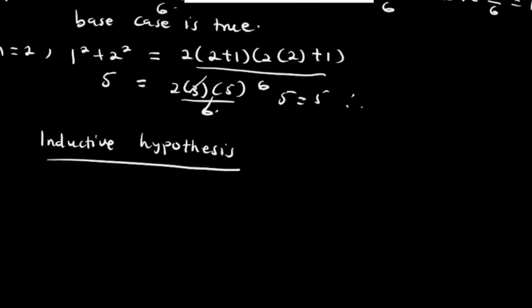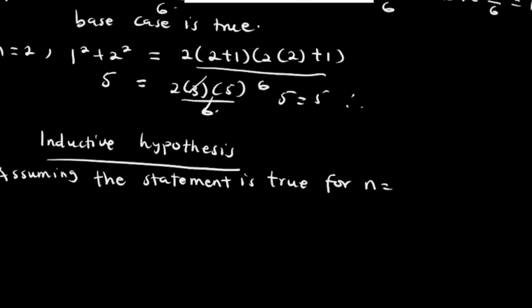This is one of the important steps in using mathematical induction, because you are going to assume that our statement is true for n is equal to a chosen variable k. So you just write: assuming the statement is true